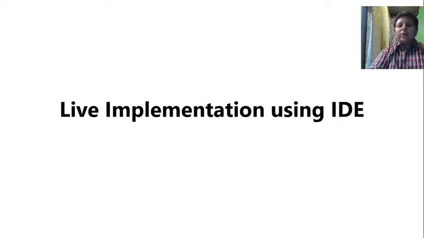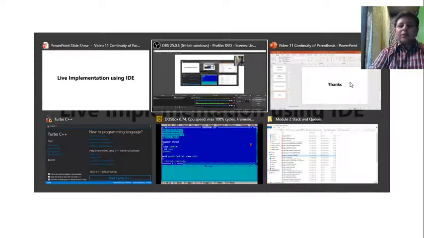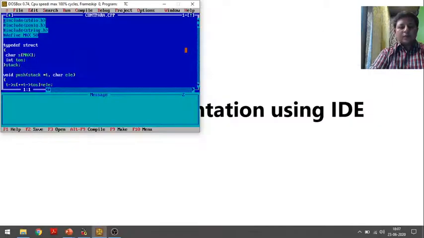The only thing I need to tell you before that is, as we had seen in the example, if it is an opening brace or bracket or opening square bracket, so any type of opening bracket, we have to push it. And if it's a closing bracket, then we have to pop and compare whether the popped bracket, which is an opening one, and the closing one we encountered are of the same type. I guess in the live demonstration you will be able to understand. So let us move on to the live implementation.